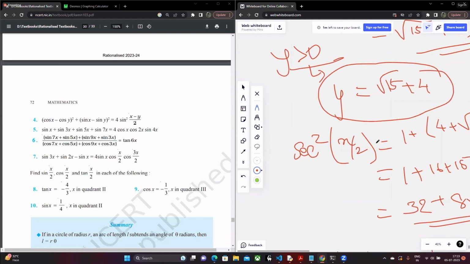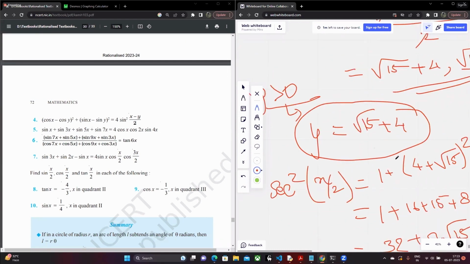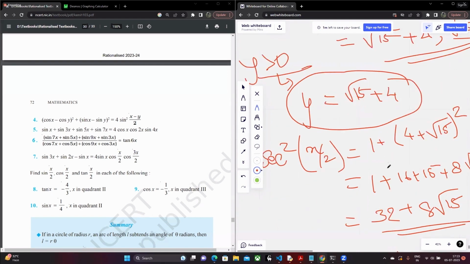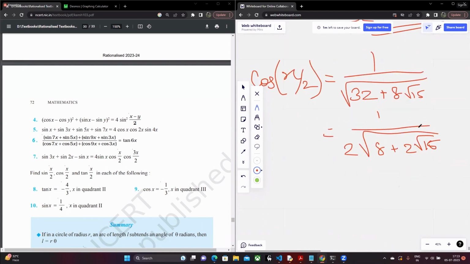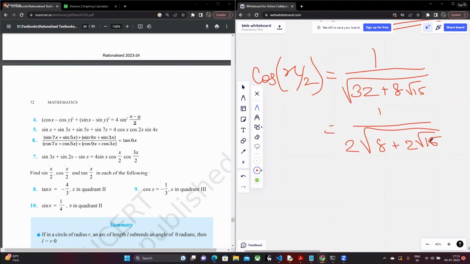So cos of x by 2 is going to be 1 by 2 root of 8 plus 2 root 50,